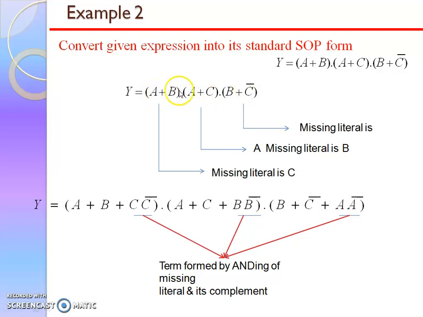Now the missing term here is c. Here the missing term is b. Now in this the missing term is a. Now y equals a plus b plus c into c bar. Because we don't know whether the third term is c or c bar, that's why we multiplied by c into c bar. Now second is a plus c plus b into b bar, into b plus c bar plus a into a